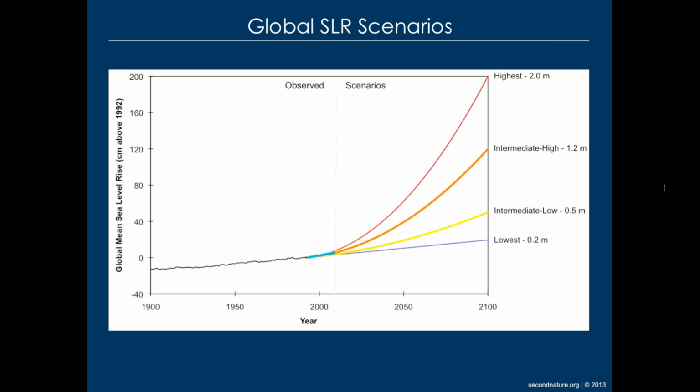On the intermediate low scenario, half a meter, shows you a scenario where ocean warming would occur more rapidly. And that's based on some of the model projections from the IPCC, or the Intergovernmental Panel on Climate Change. The intermediate high scenario, and as you move from the lowest scenario to the highest scenario, you're increasingly taking into account